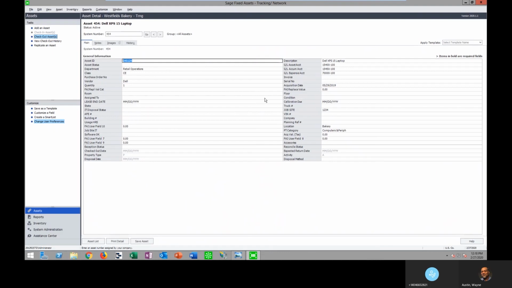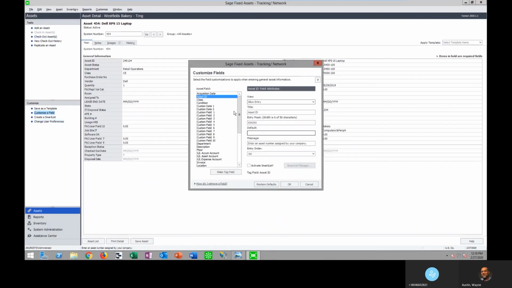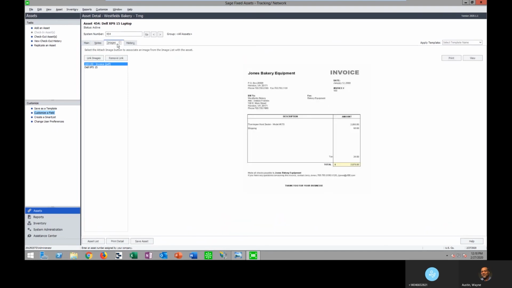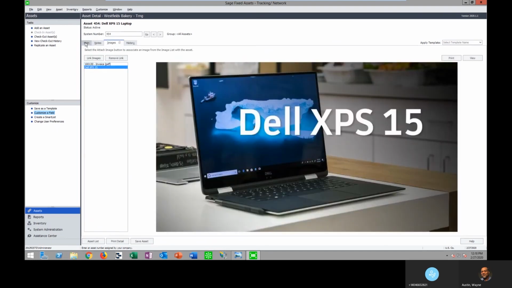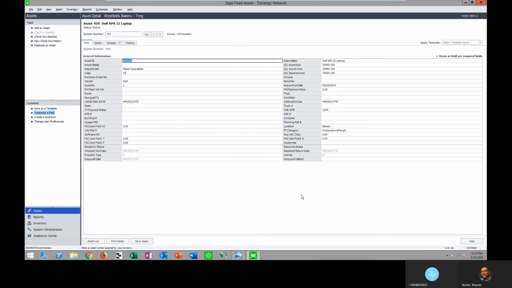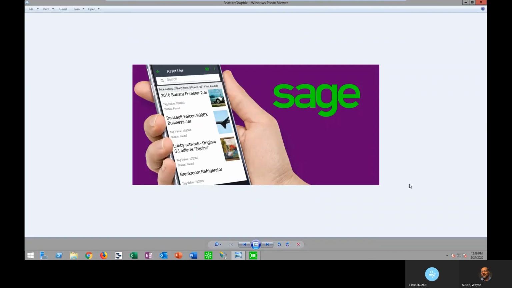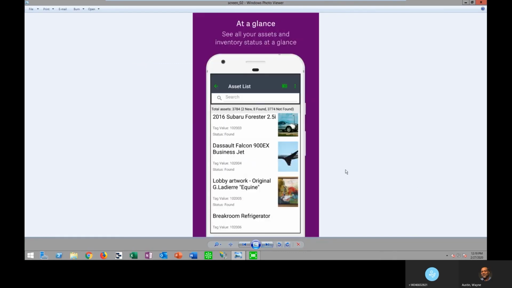They will have access to all of the 28 general information fields, and in addition, we'll have 12 additional fields available here where they can capture any other information they choose. Any images that are attached will also be here, as well as invoices, since it is actually sharing the same database. You can easily generate an inventory list where you can send that out to either a traditional scanner or to an Android app where you're able to